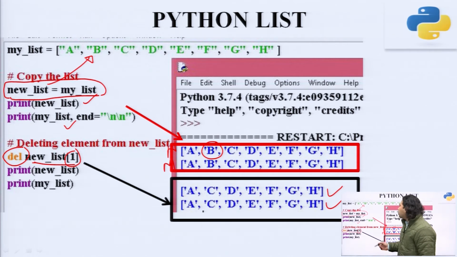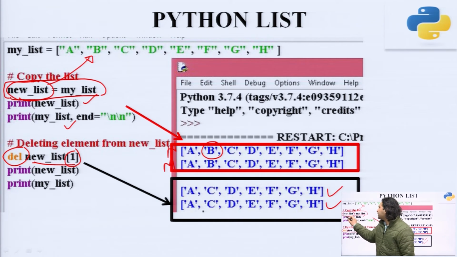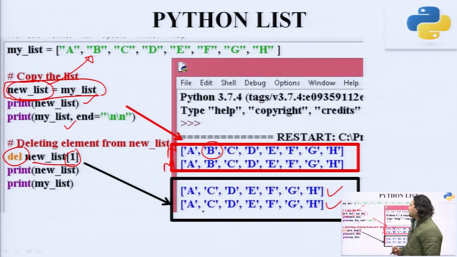That means both names are representing one data set. So, here the same principle is applied: the new data is basically referring to the old data. That means the new data is nothing but the alias of the older data, and due to this, the original data can be accessed from the new data as well as from my list, that is, the older data.